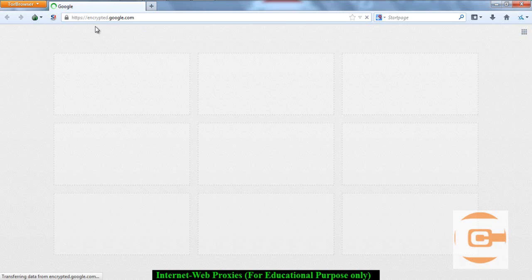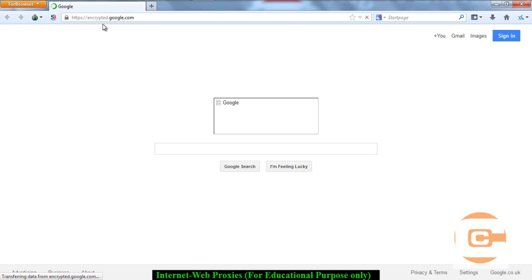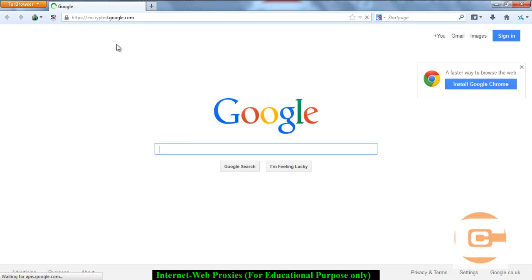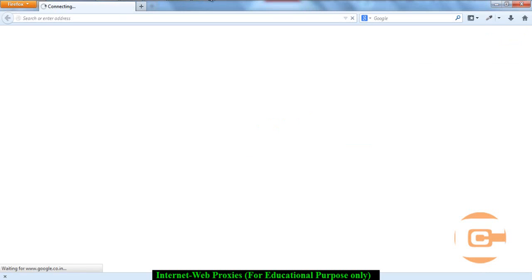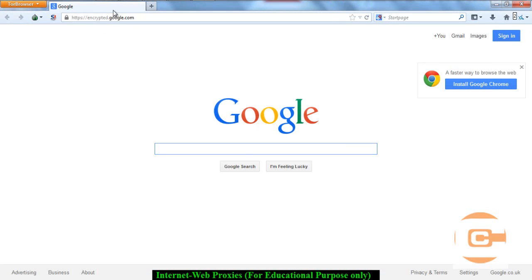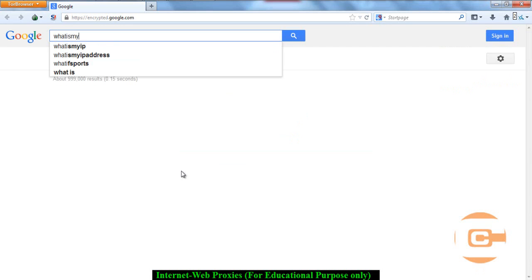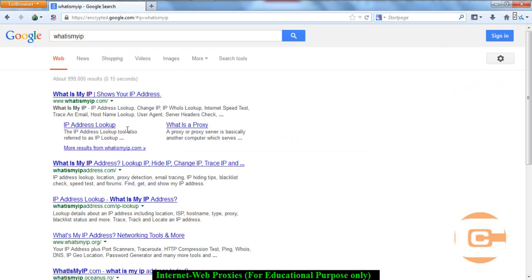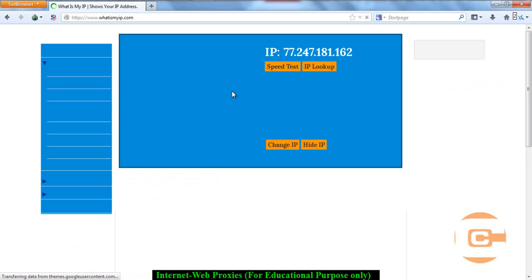This is a Tor browser. I'll open Google, and again I'll open a website with the name what is my IP address. Now what you can see is that when you're using Tor, it is opening encrypted.google.com so that no one can check your data via session hijacking. While your data is traveling from your computer to Google, no one can hijack the session and see the data because it's already encrypted, right? So I'll write what is my IP inside it so that we can check our IP address. We got a website whatismyip.com. Click on it, and what we can see is that my IP address is